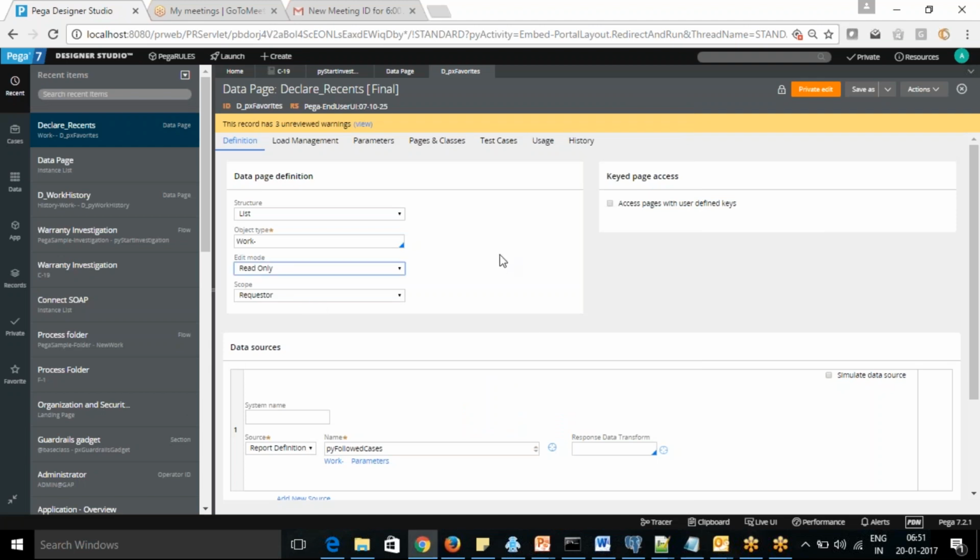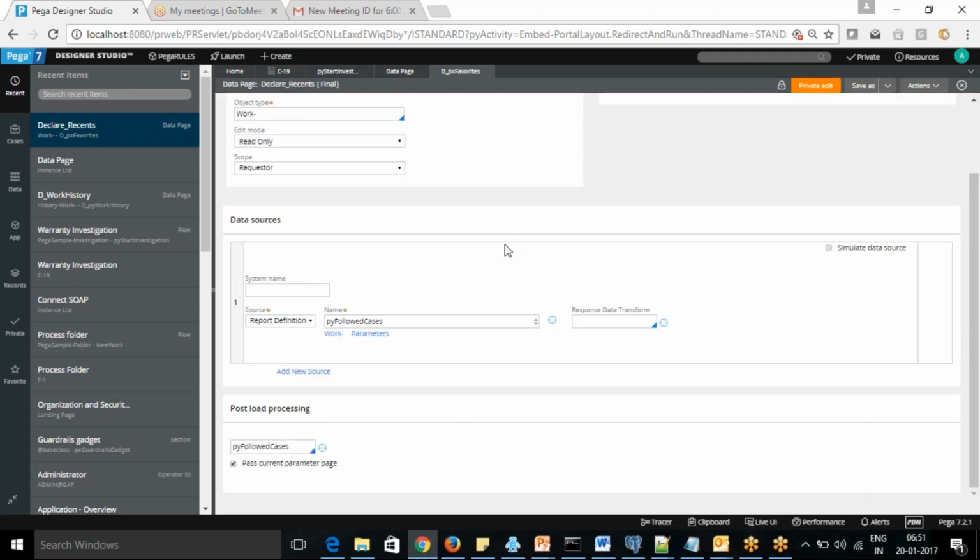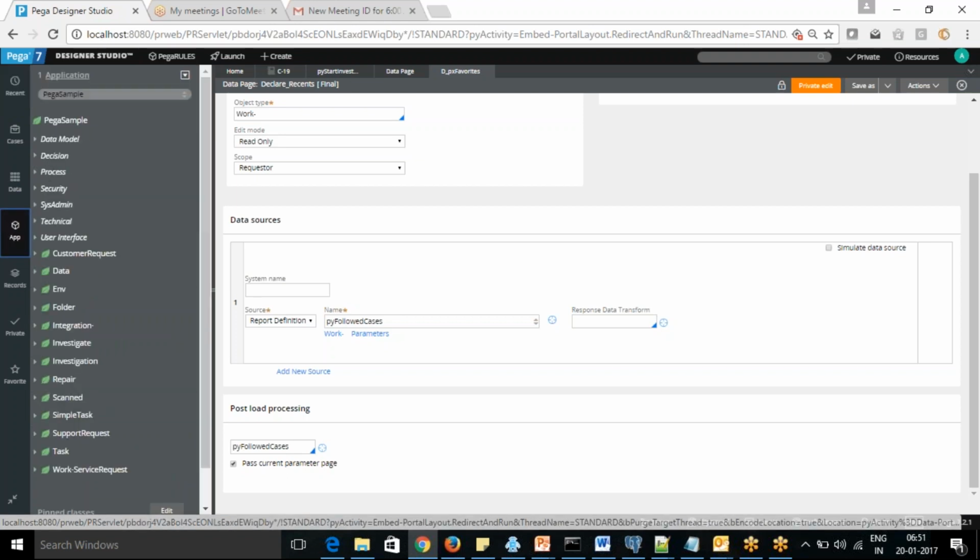Tell me how Pega works. Like that, you will understand one concept. How Pega works. How are these recent values coming? You are giving all these values, right? If you click on the app, it's giving me all the values. So how are these values coming here?